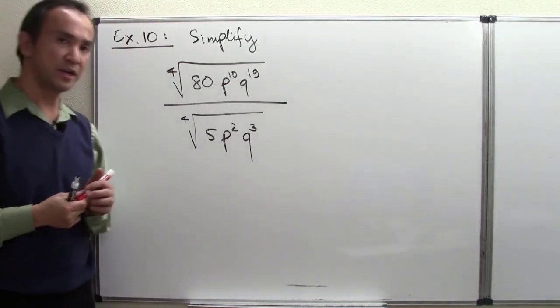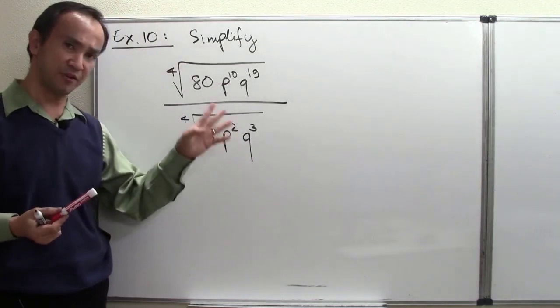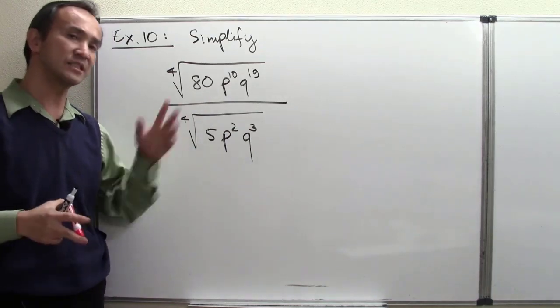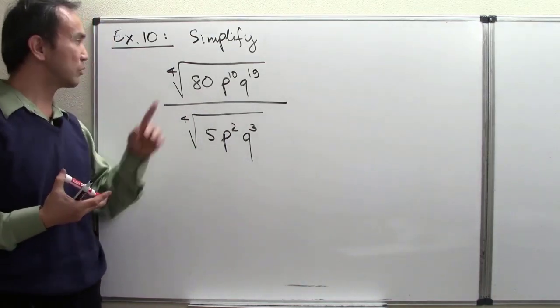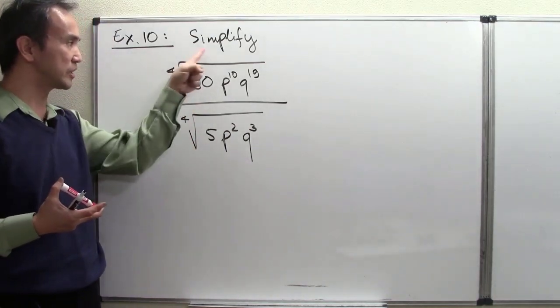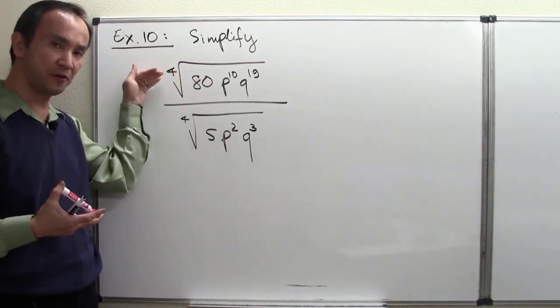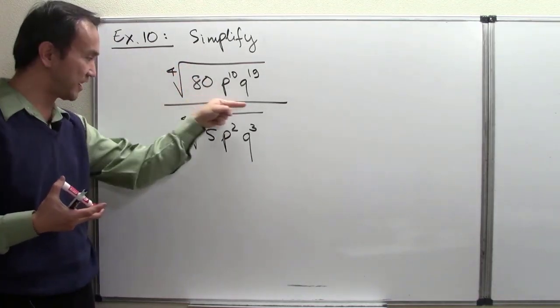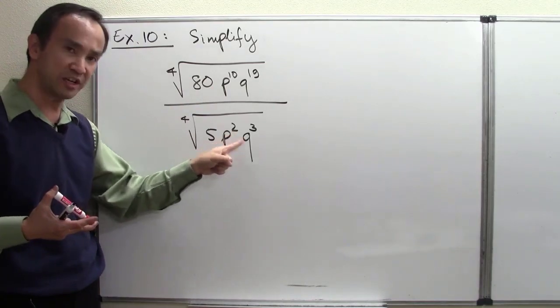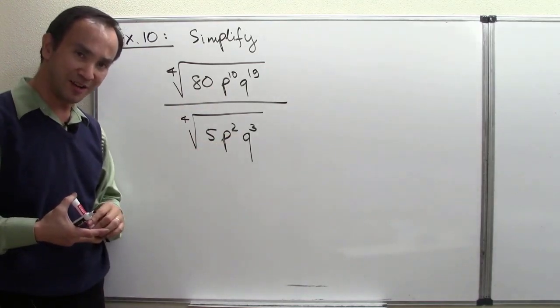All right, so in example 10, allow me to demonstrate how we can use the quotient property into another simplification problem here. So what we're asked to do here is to simplify a quotient of 4th root of 80 p to the 10 q to the 19 divided by a 4th root of 5p squared q cubed. Okay, and so